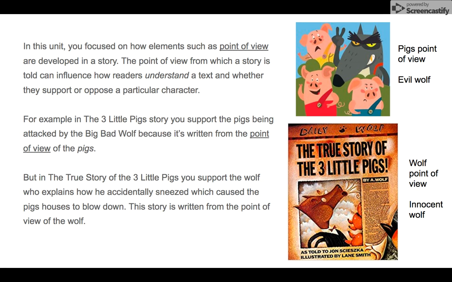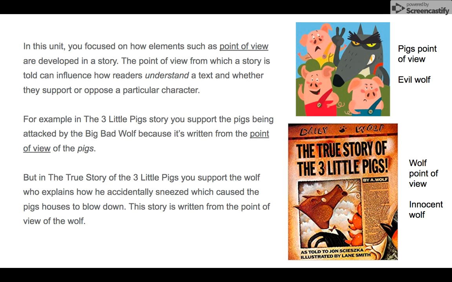He didn't mean to do it. This story is written from the point of view of the wolf, and that's who you end up supporting. You end up seeing the big bad wolf from the story, The Three Little Pigs, as an innocent character in the true story of The Three Little Pigs.